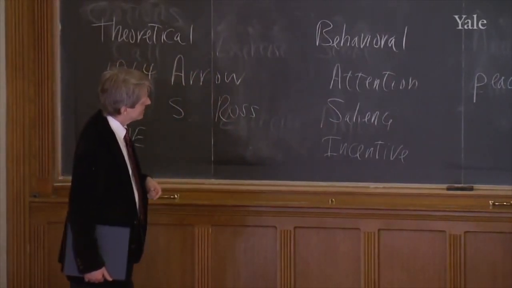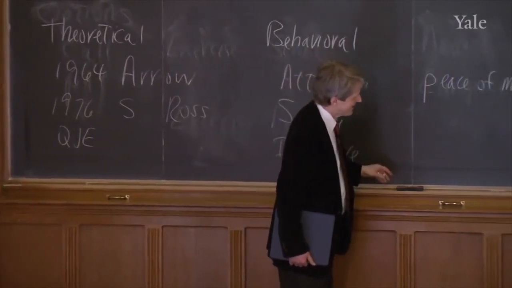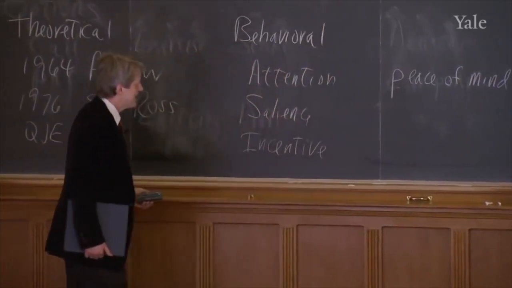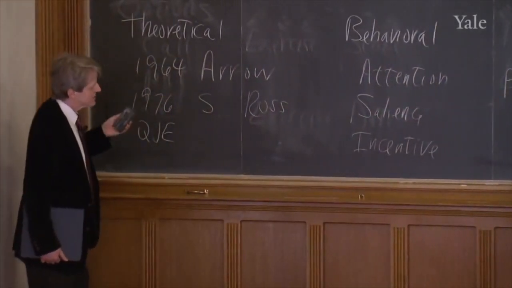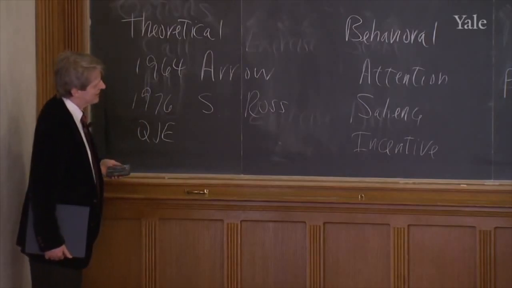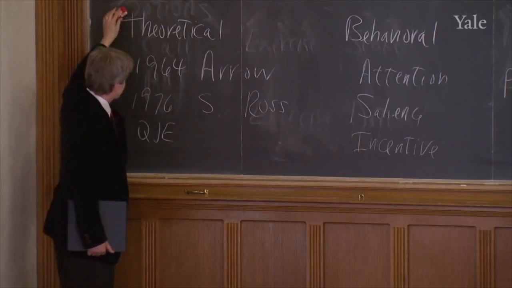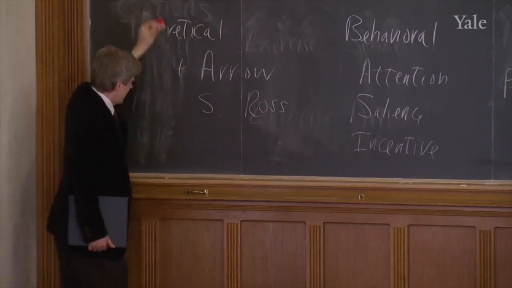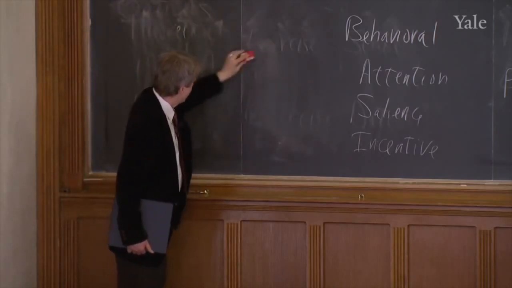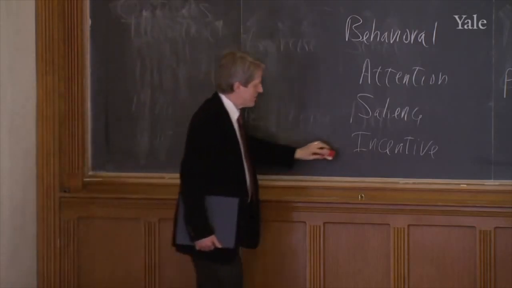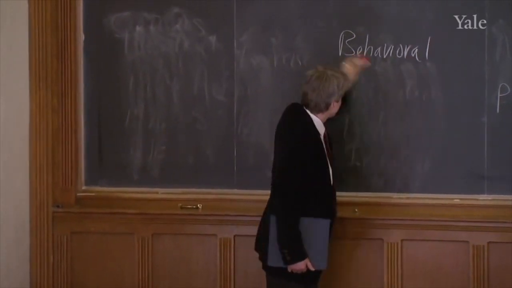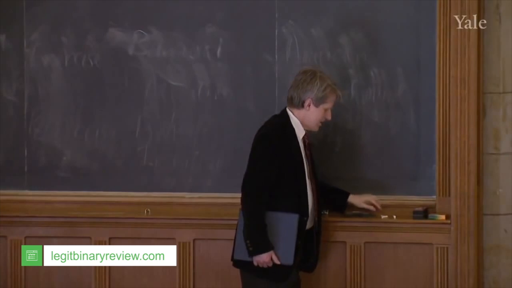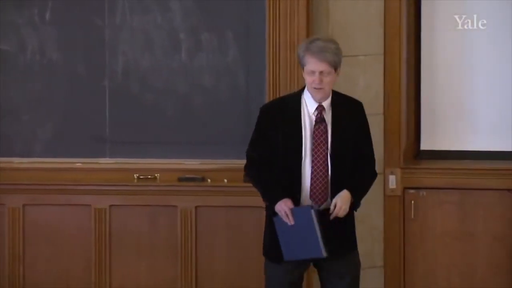People think in certain repetitive patterns, and one of them is that I would like to not worry about something. So I can get peace of mind if I have a put option on something that I might otherwise worry about. All right, maybe that's enough of an introduction, but I've given you both theoretical reasons for options and behavioral reasons. I think of them as basically inevitable. You may have people advising you not to bother with options markets, and that might be right for you in a sense, but I think they're always going to be with us, and so it's something that we have to understand.